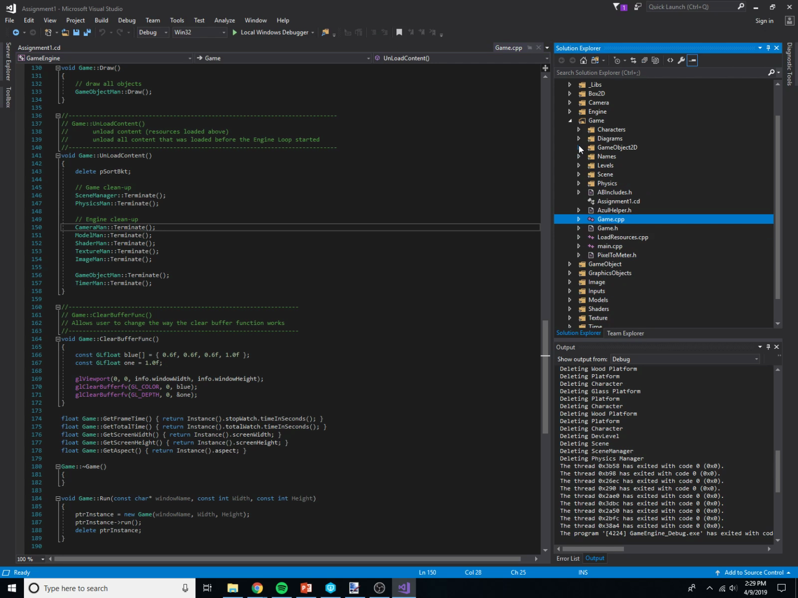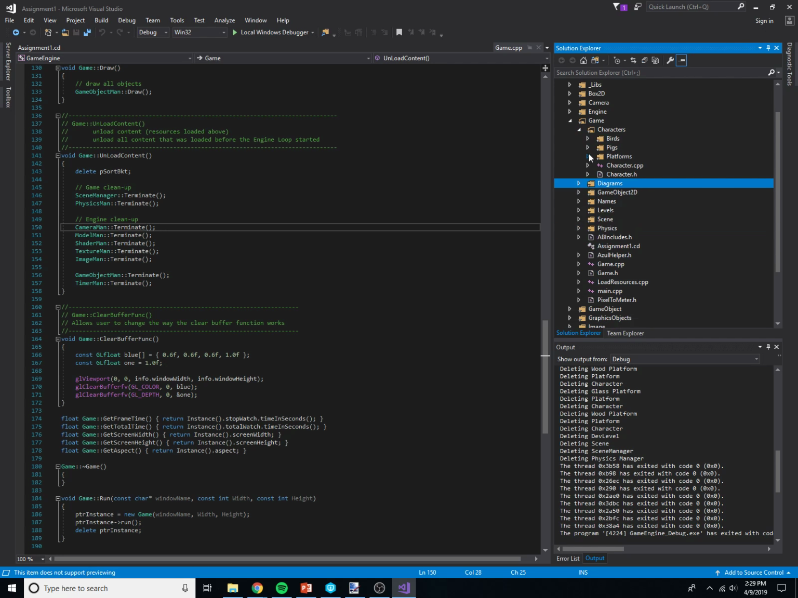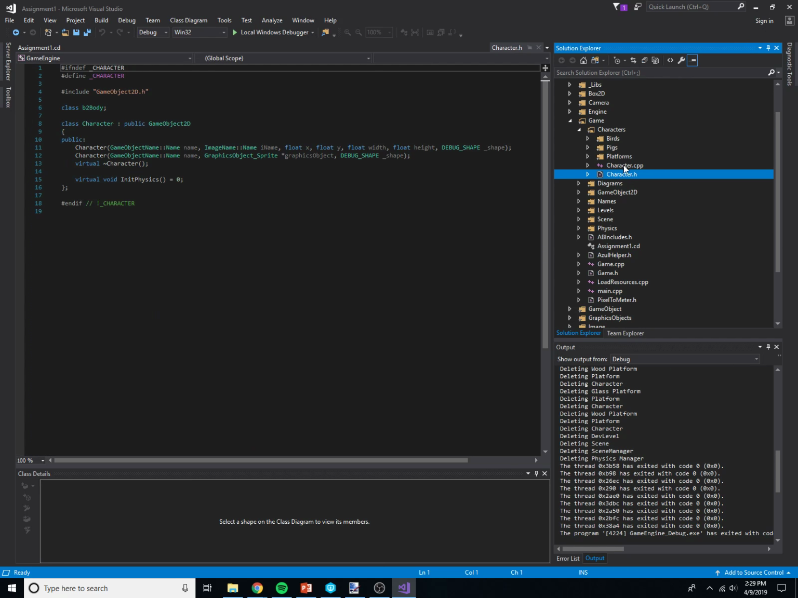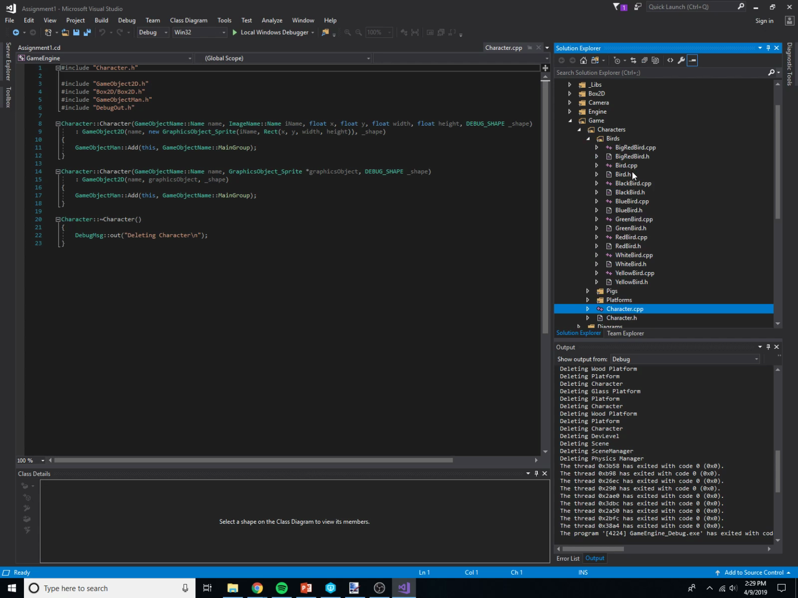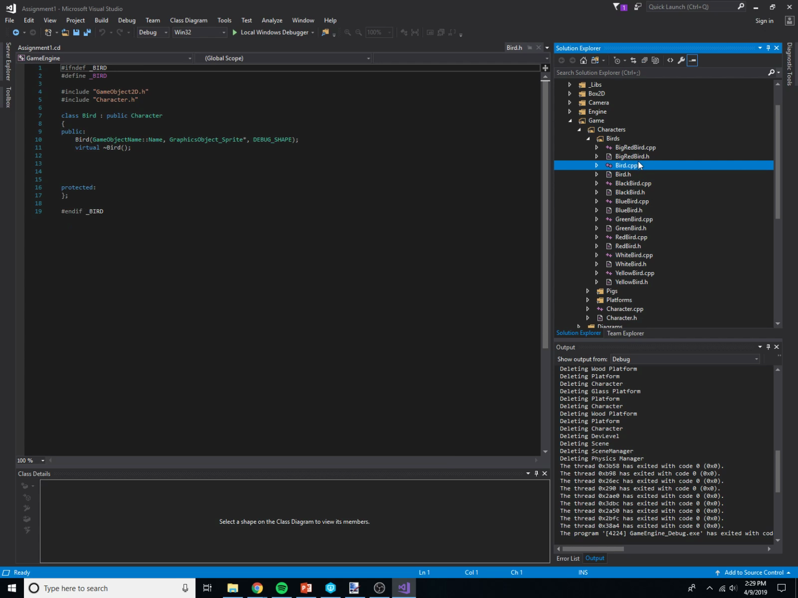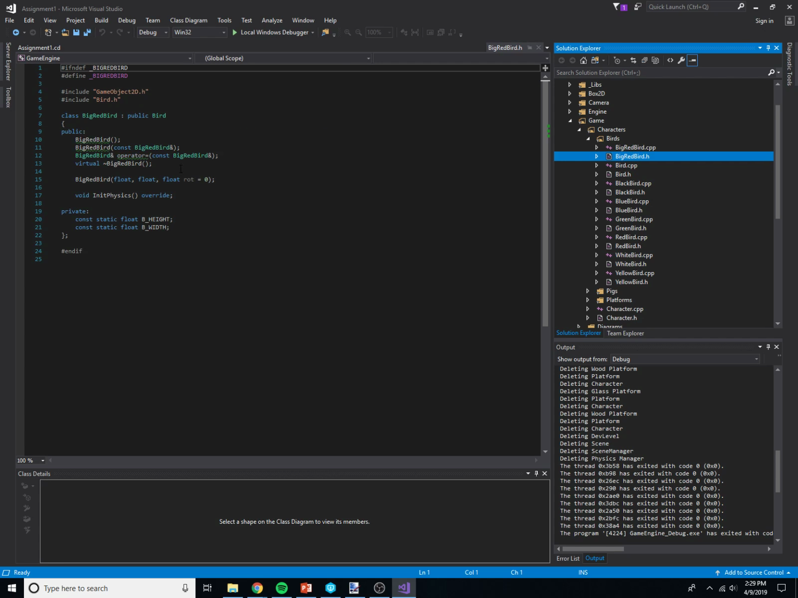Let's see what I wanted to go into. Here's all my characters. So let's just pop over into the main character base class. If we jump into a bird, this is the bird base class. And then let's go into the big red bird, where we have